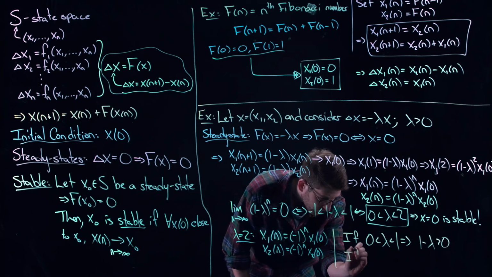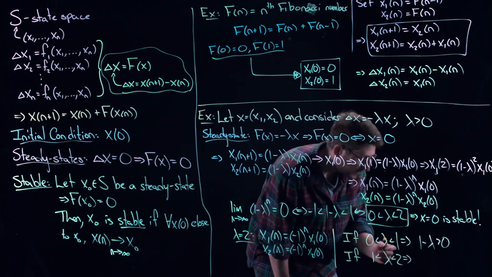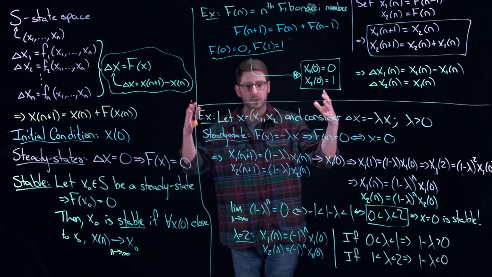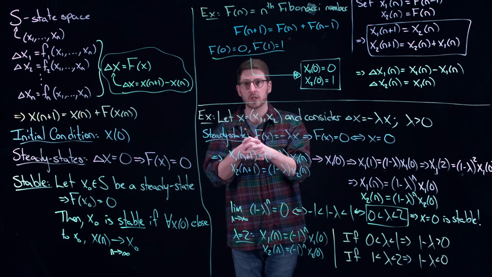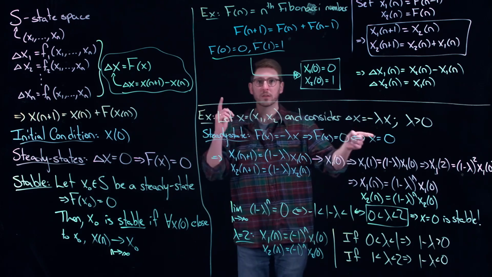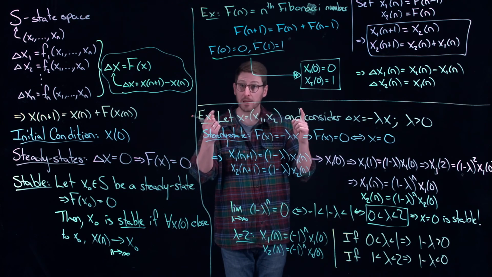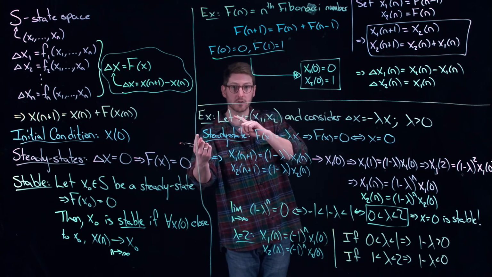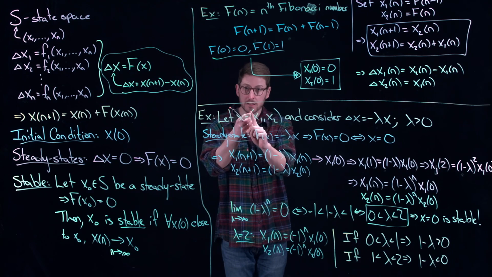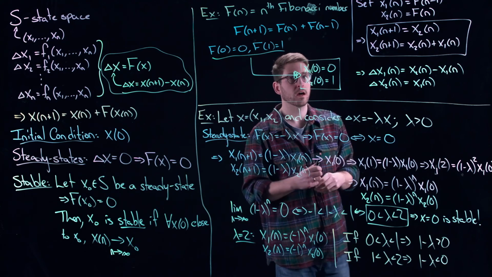But if you are between 1 and 2, this would give you that 1 minus lambda is less than 0. So now you're still converging to 0. You're still in my stable regime, but you're flipping back and forth, right? Whatever x1 was, then you go to a smaller value in absolute value, but negative. You flip to the other side of 0. Then you flip to the other side, you flip to the other side, and you are slowly falling into 0, but you're doing it by hopping back and forth over that